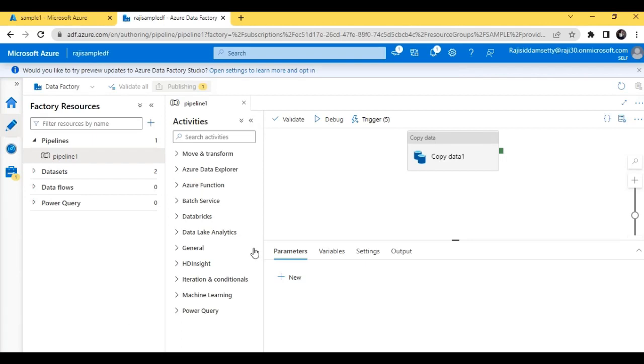So it is running. So these event based triggers are not only compatible with blob but also with ADLS. Similar to schedule trigger, event triggers can also work on many to many relationships, in which a single event trigger can run several pipelines and a single pipeline can be run by multiple event triggers.